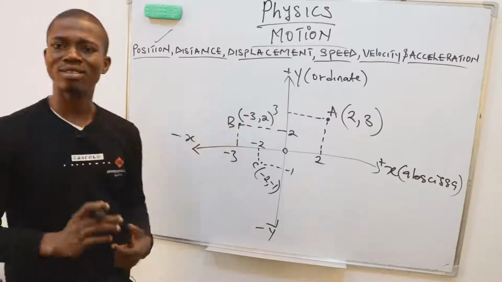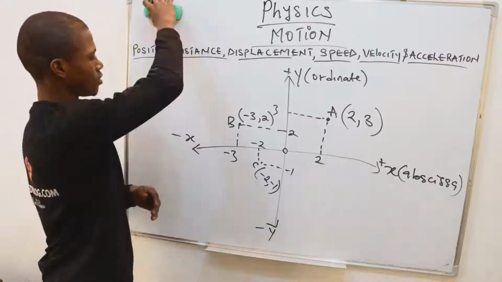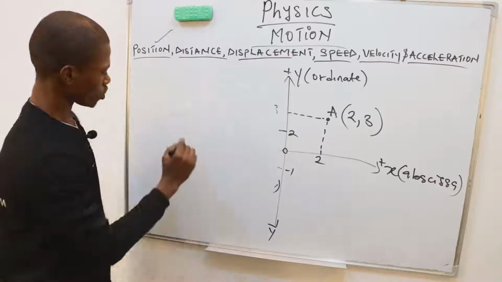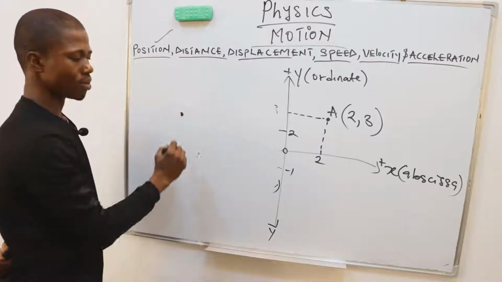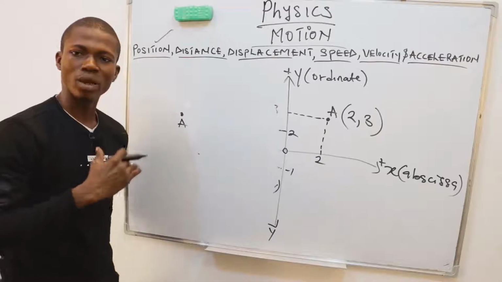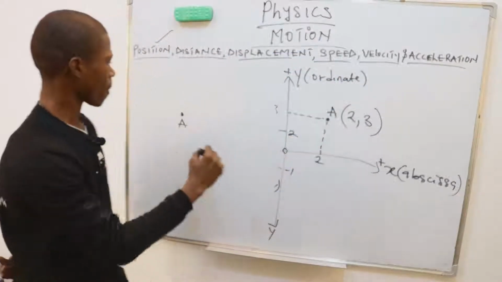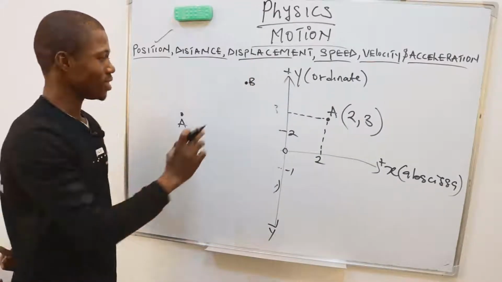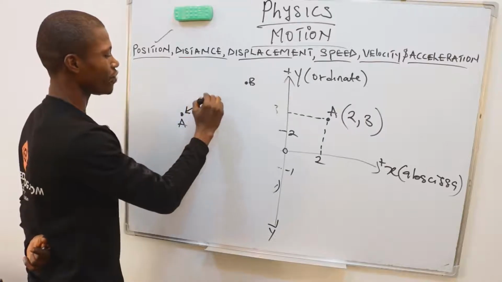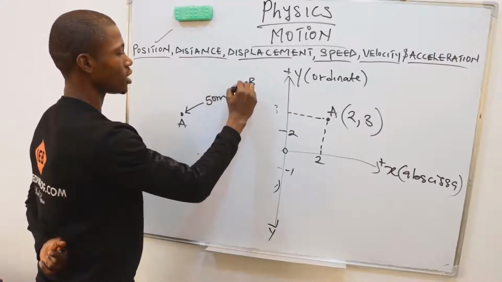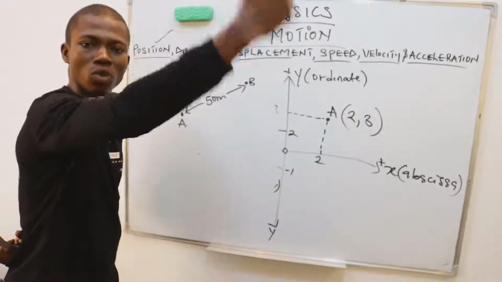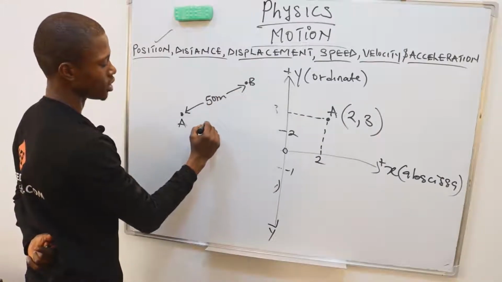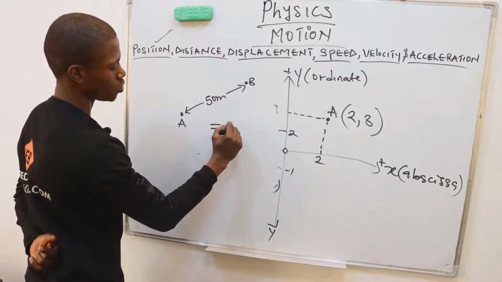From the word distance, this is just the gap between 2 points. Let me show you. Distance is just the gap between 2 points. What if a point was here initially, and this is point A, and this point later moved on to a new point, which is point B. The gap between them is 50 meters. It now moves a space of 50 meters to another new point. So we can say that the distance between point A and point B is equal to 50